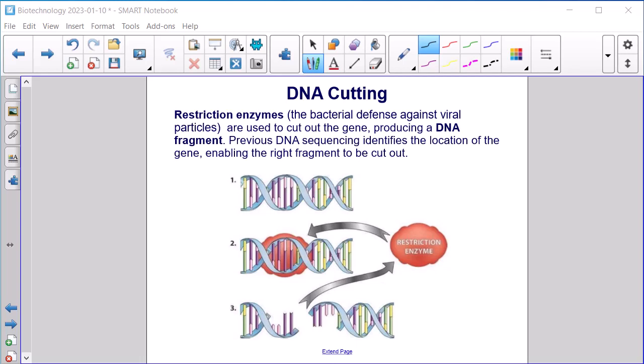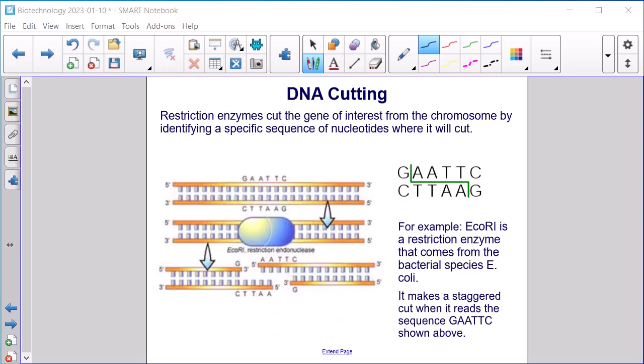DNA cutting. Restriction enzymes, the bacterial defense against viral particles, are used to cut out the gene, producing a DNA fragment. Previous DNA sequencing identifies the location of the gene, enabling the right fragment to be cut out. Restriction enzymes cut the gene of interest from the chromosome by identifying a specific sequence of nucleotides where it will cut. For example,